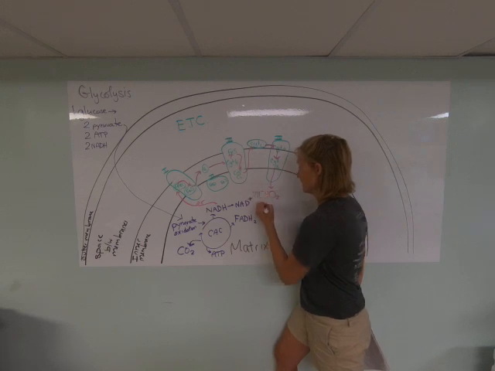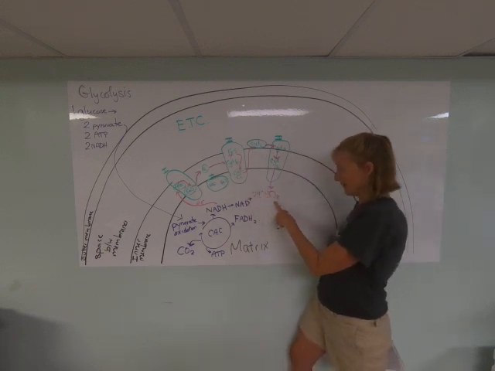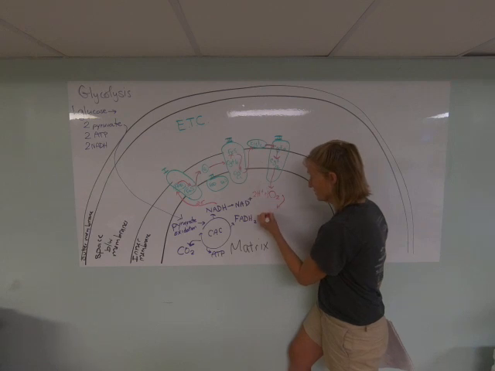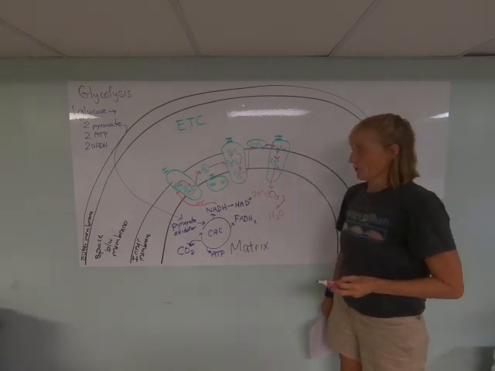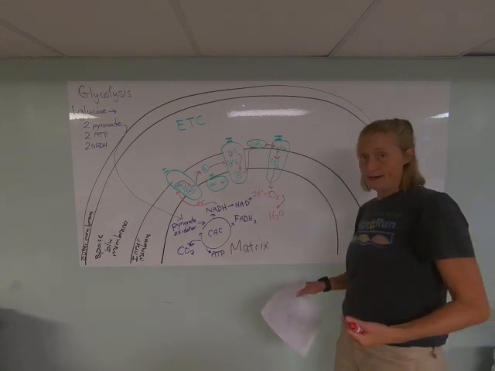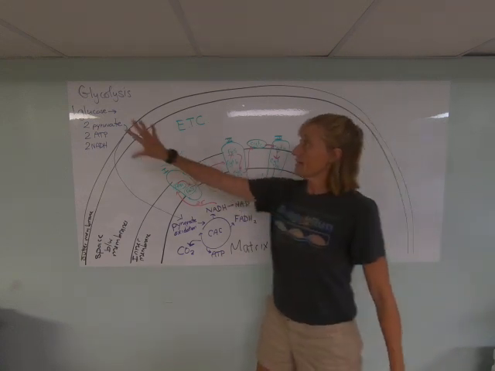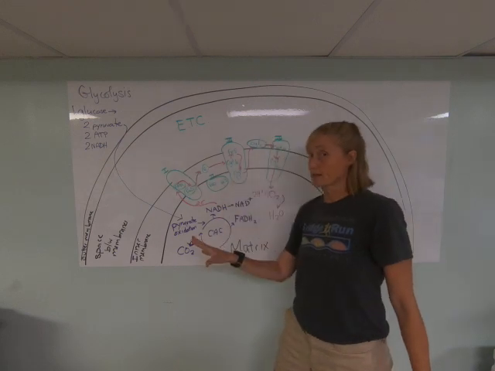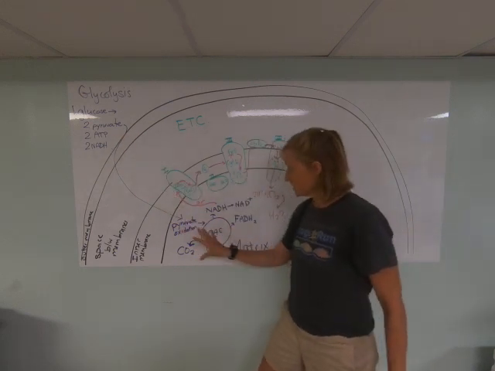If we want to balance this, I said 2 protons plus a half a molecule of oxygen produces water. Okay. Now, what we've got in the diagram is, so far, we've taken glucose, we've completely oxidized it in glycolysis and